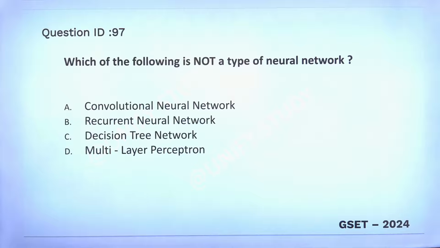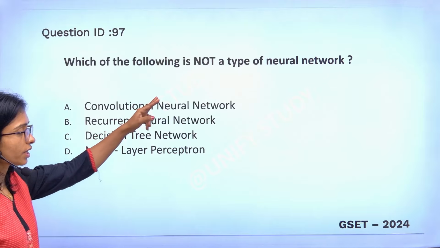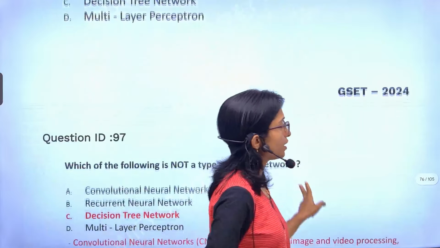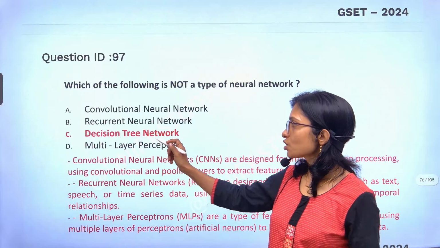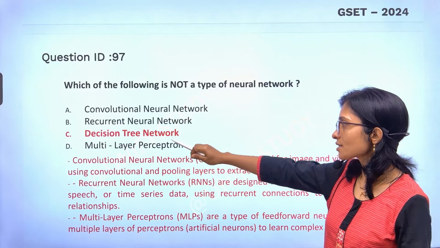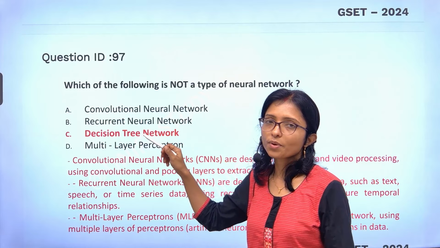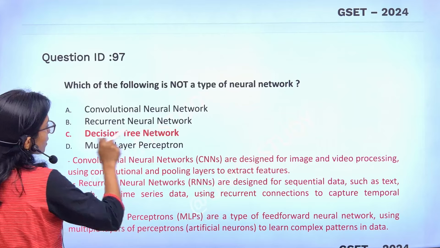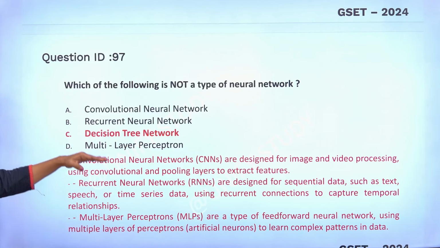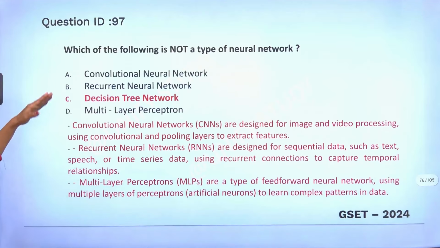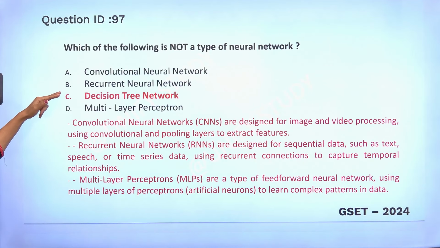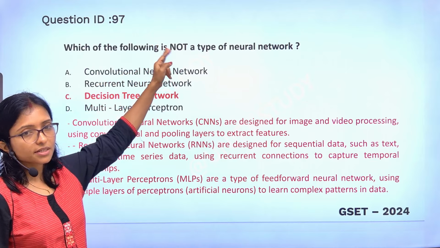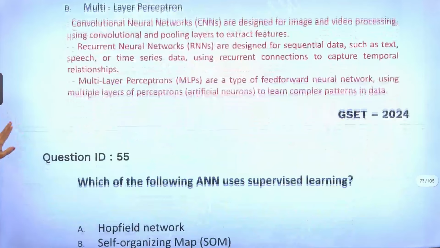Maybe some of you are not reading the question carefully. Read the question carefully, that is important. Which of the following is not a neural network? We learned all the neural networks. Here decision tree is not a neural network. Decision tree comes under which, supervised or unsupervised? It is machine learning. Tell me, supervised or unsupervised. This is not a neural network, right? So these are all neural networks, and that's why this is not. "Not" is very important. Please read the question very carefully.